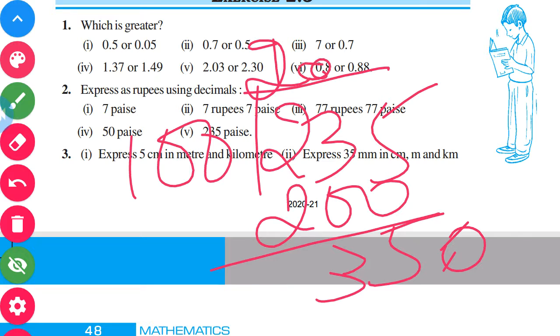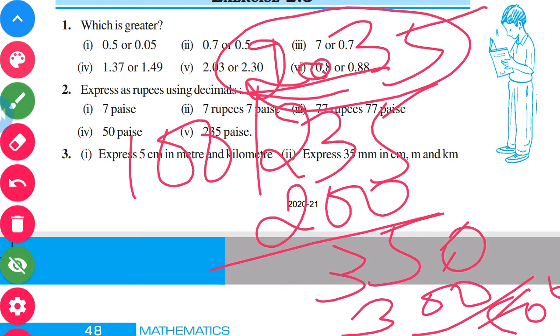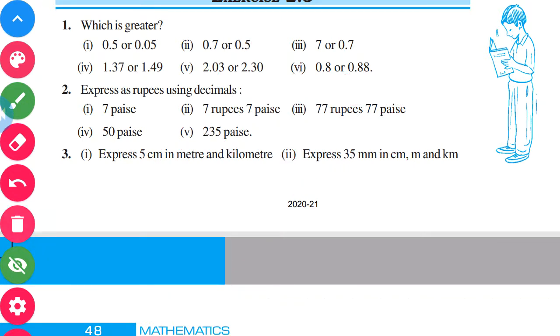Okay, so next one is what? 350. Again the same thing, 50 will remain. 50 is less than 100, so I have to put one more 0 here. So I have to take 500, 100 5 is 500. So what answer you're getting here is 2.35. Okay, this is what you have to find in rupees. So I hope it is clear to you all. You do it step by step. So I just gave you a clear hint how you have to go about it.